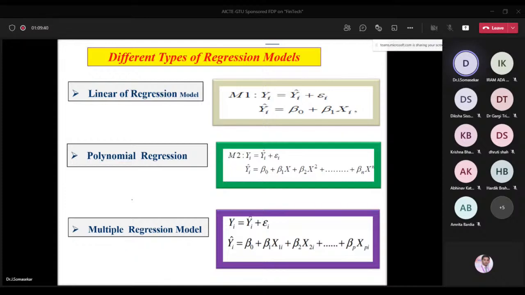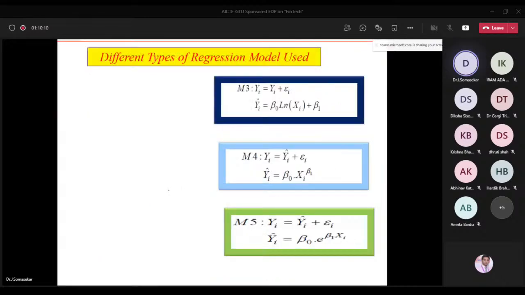Of course, we are not going to use this for our Bitcoin prediction. We are going to focus on linear regression and on the multi-regression model. Why are we going to focus on the multi-regression model? Because I have already shown that data set. There we have the low price, high price, and starting price of the Bitcoin. Based on that, I'm looking for the closing price, which we can call the dependent variable, in which we are going to apply the multi-regression or multiple regression model.